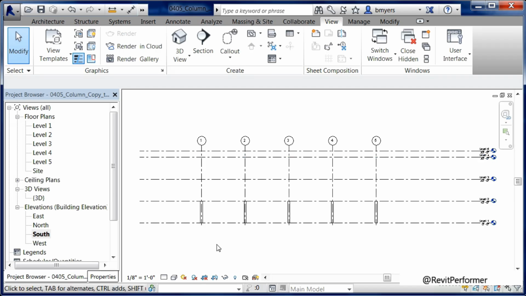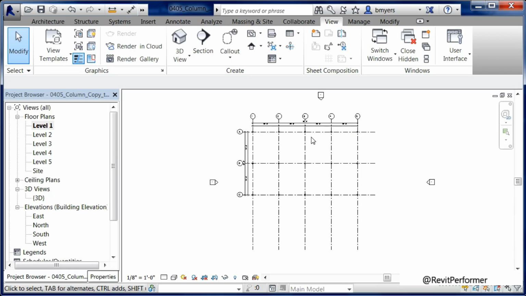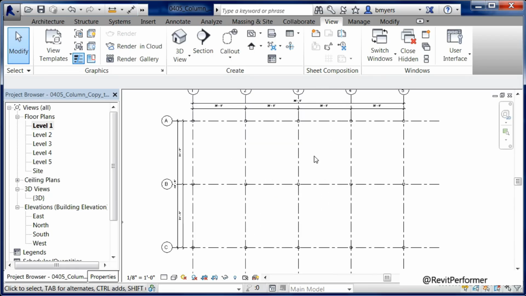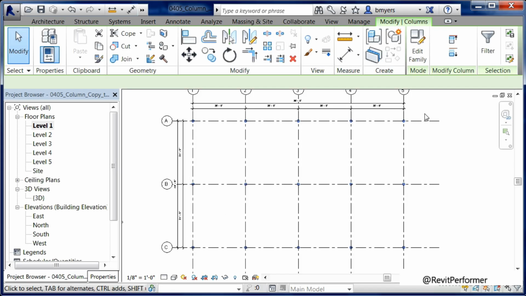So to be able to do this, our best bet is actually to go into a plan view and select the columns from there. Double-click underneath the level 1 floor plan views. Zoom in so we're in a spot where we can see the most of our columns. Move your mouse down, get fairly close, farthest to the left and bottom column that we can. Click, hold your mouse button down, and draw a window around each of those columns. And then just let go whenever you're done.